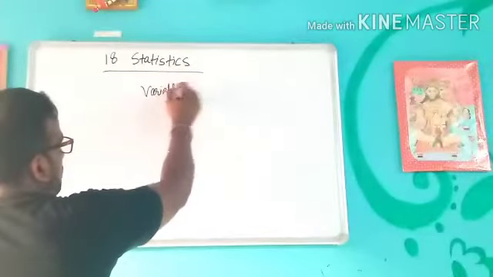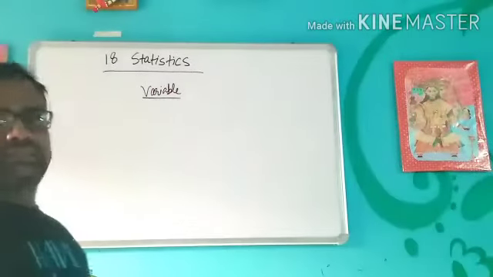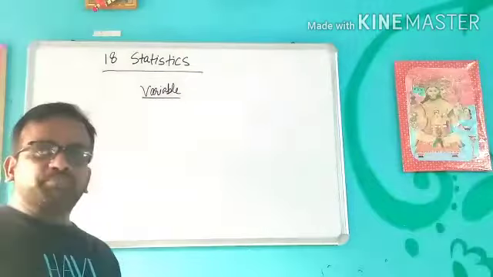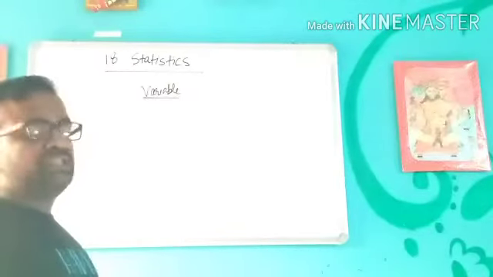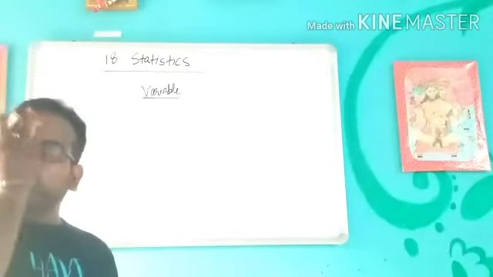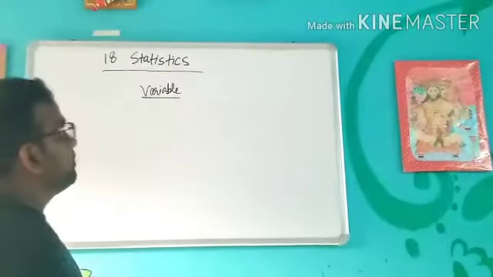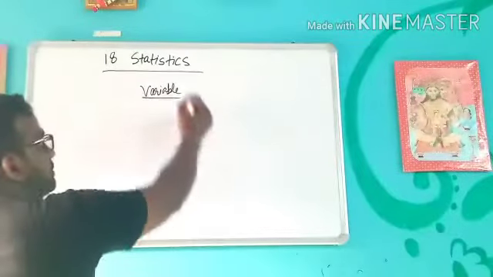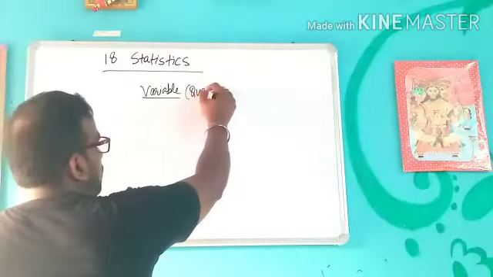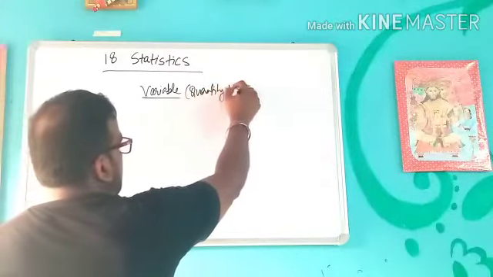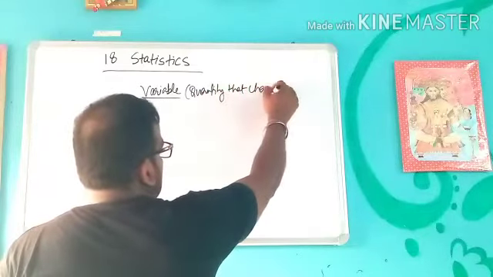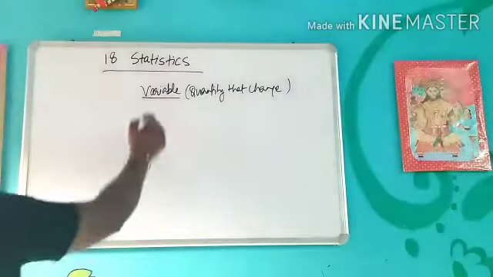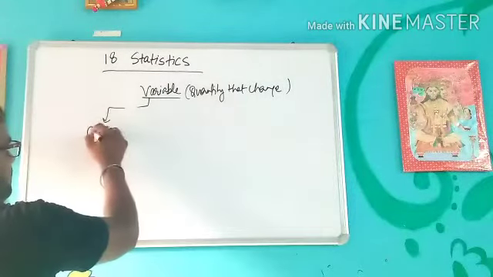We know that statistics is that branch of mathematics which deals with collection, then arranging the data, and then representation of the data in a useful form. For that we need some variables. Variables are the quantities that change. A variable can take any values. In this, two types of variables are there.